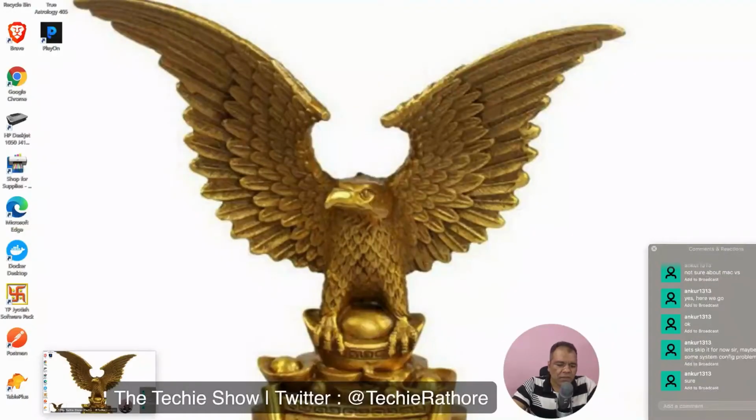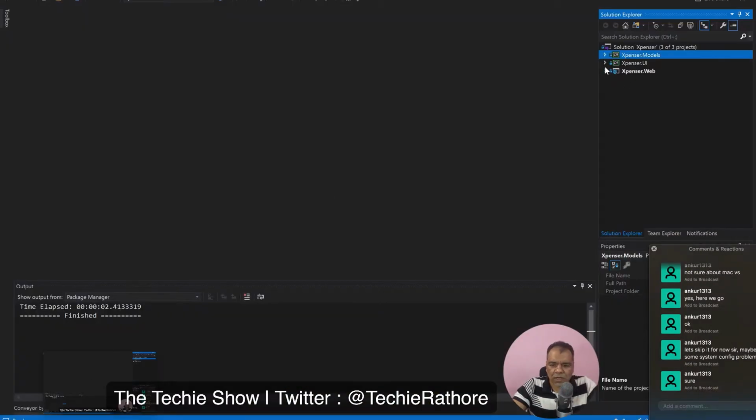Okay, so let's get back to our application, that is the Expenser web application. As I said, the architecture which we are following is the futuristic architecture, where we are creating the UI in a separate project. I might be repeating myself again and again, and I'm sorry for that, but this is an important concept to understand. So what we are doing here is, if you see here, Expenser web is your main, it's just the web project head.